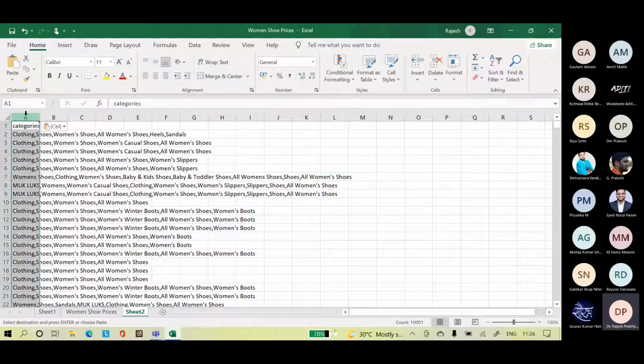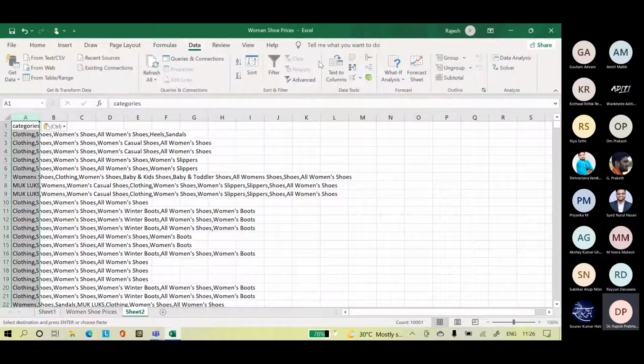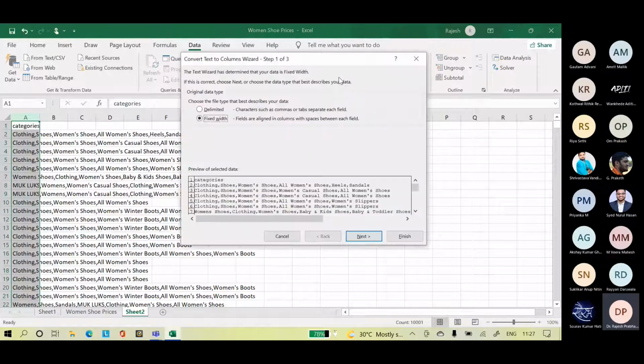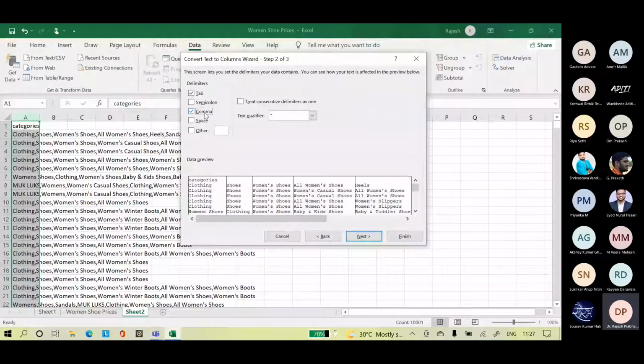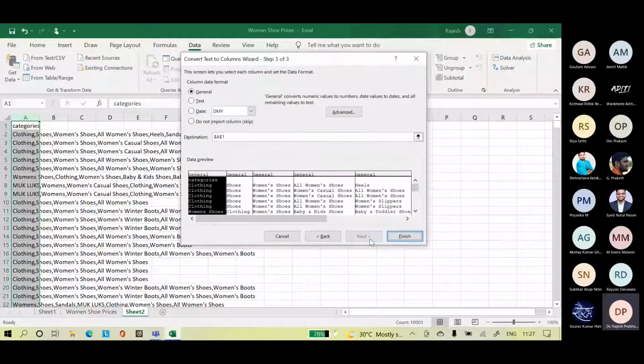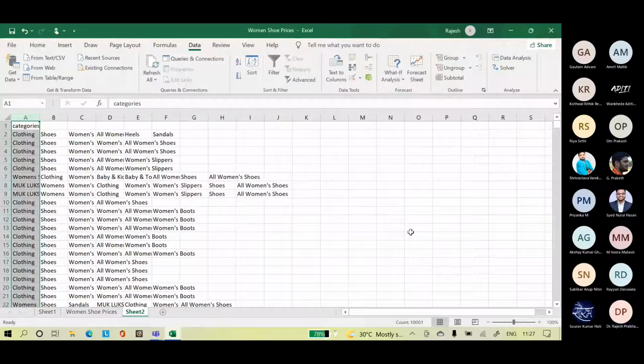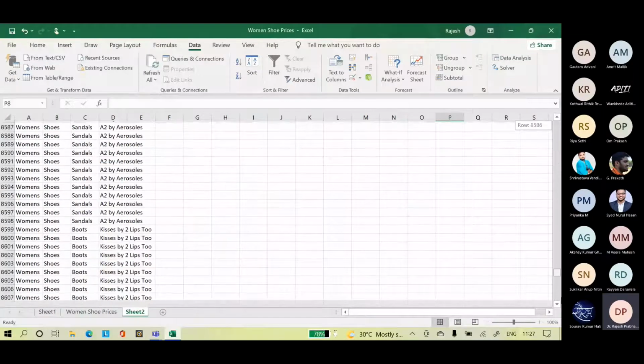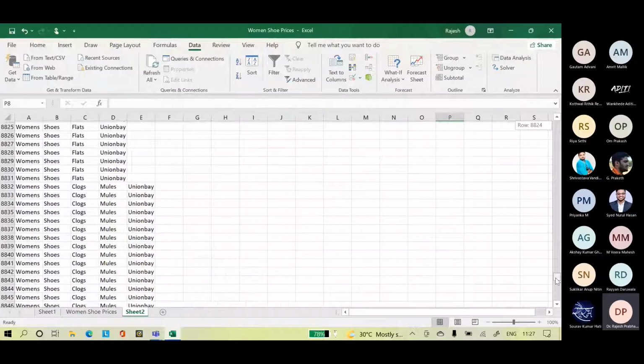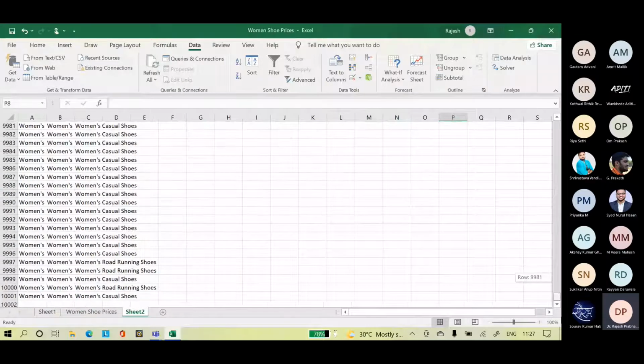So select column A, go to Data, then Text to Columns, select Delimited, next, take the comma as the delimiter, next, and finish. So you can see here, we have broken the categories into various subcategories.